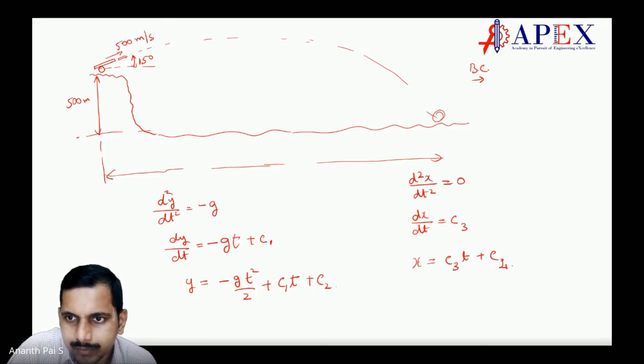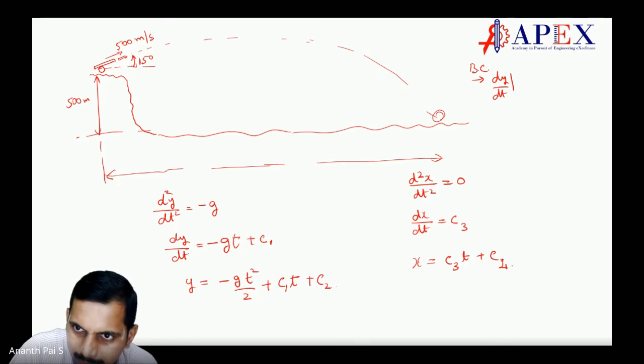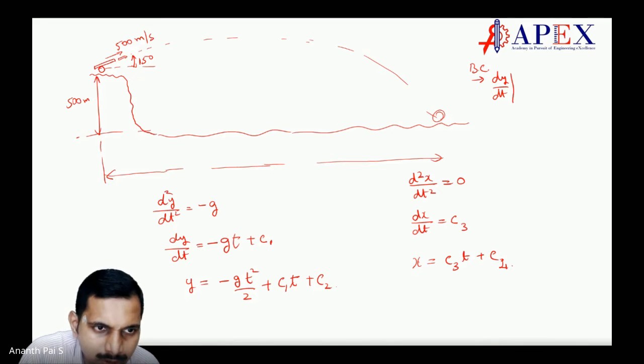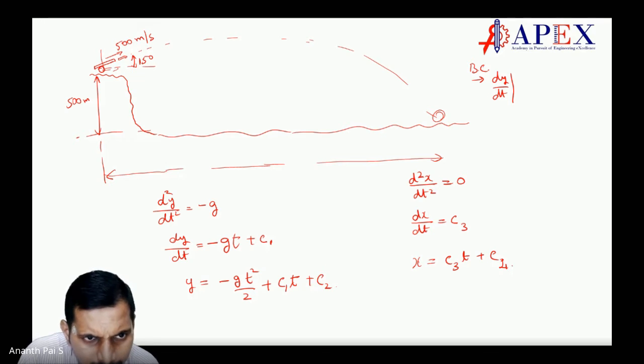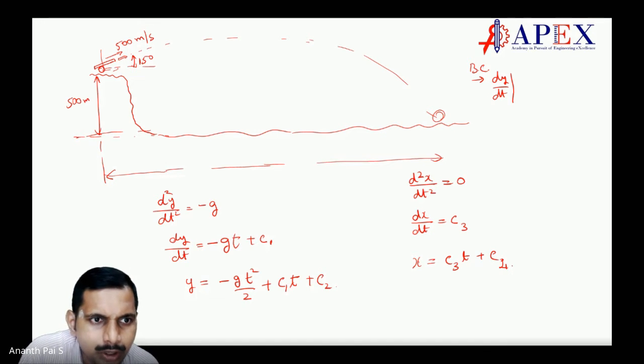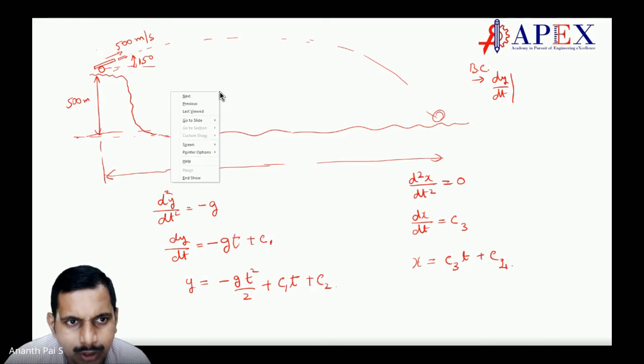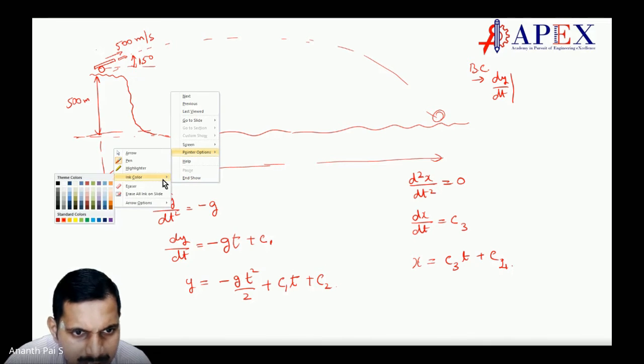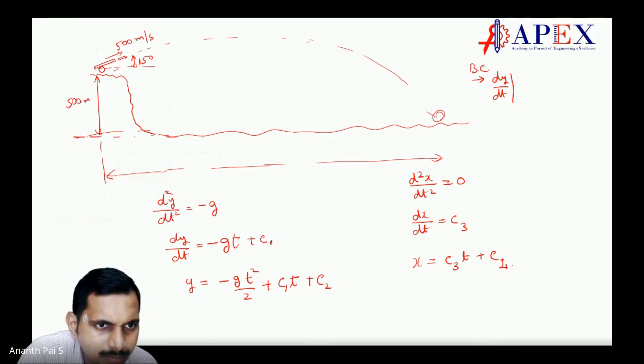What is dy/dt? Let us put a coordinate system. You may put a coordinate system here, or you may put a coordinate system on the ground. We'll put the coordinate system here. It depends on the coordinate system. The final answer will be the same, but the way you do it depends. So here, this you say is y, this you say is x.